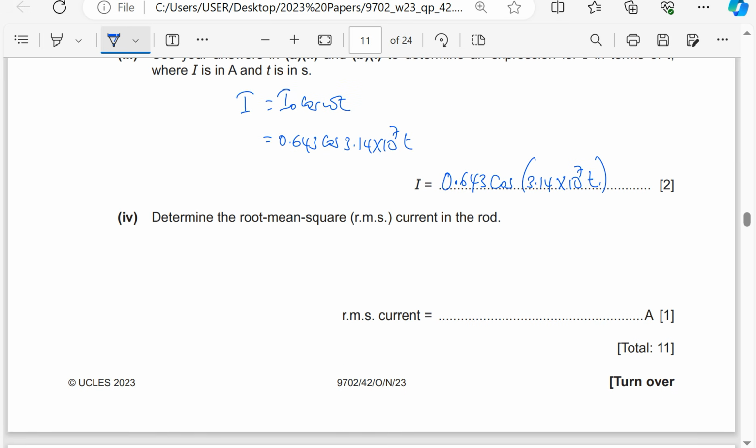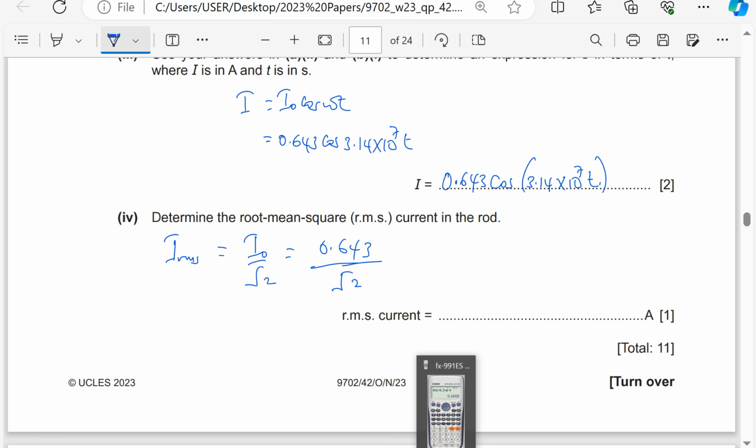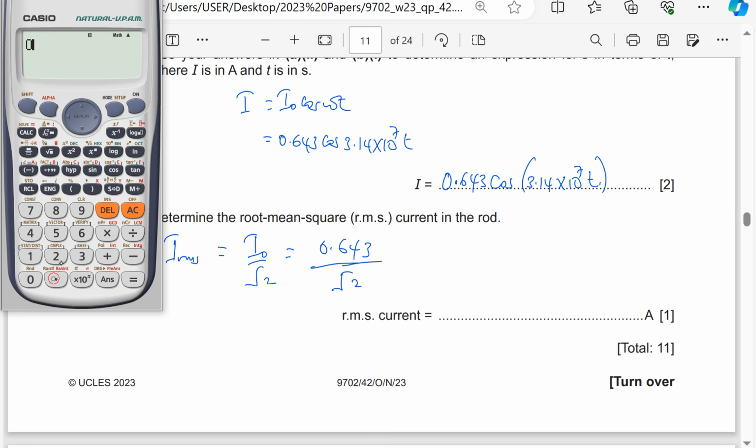Okay, so determine the root mean square current in the rod. Of course, we know that root mean square current is equal to I naught divided by the root of 2. The maximum current is 0.643, so 0.643 divided by root of 2, that is 0.455